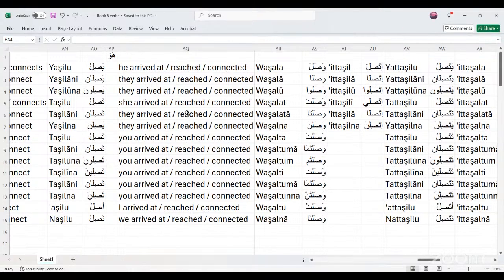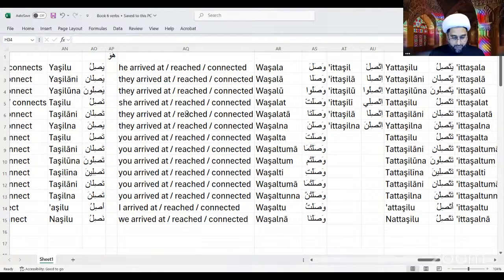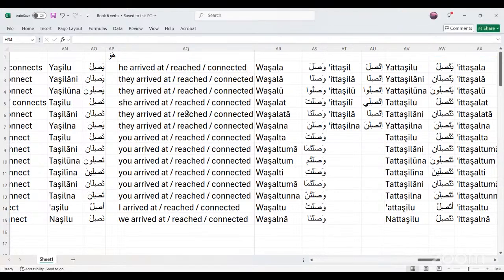Wasala yasilu, yasilani, yasiluna, tasilu, tasilani, yasilna. Correct. Tasilu, tasilani, tasiluna,